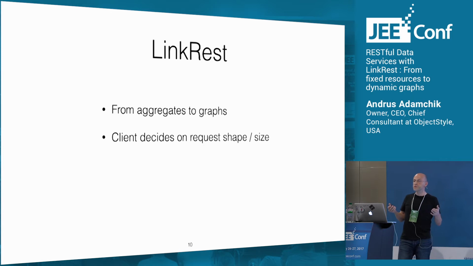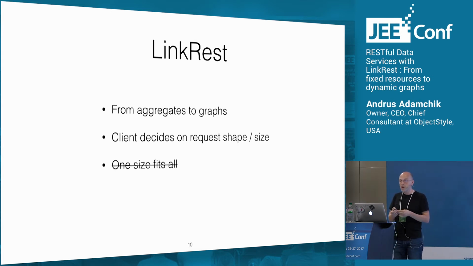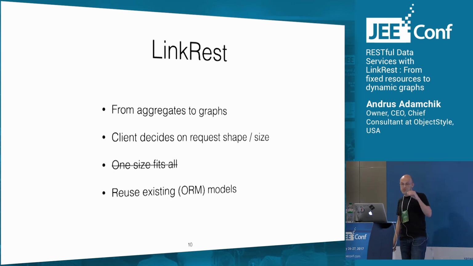So the client decides on request shape and size, and you just give them the entire graph and some entry points into this graph, some entities that they may want to fetch first. We wanted to get rid of this notion that one size fits all. This is a traditional notion in REST API design, and we try to challenge that. And the last point is kind of an implementation detail, but we also wanted it to be easy to use,